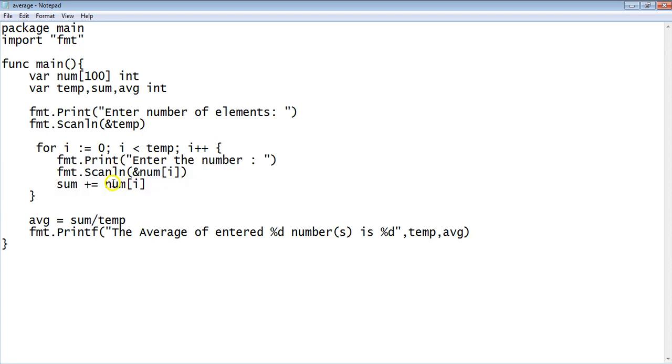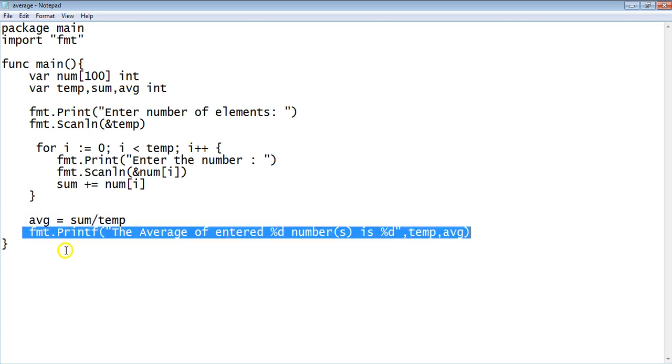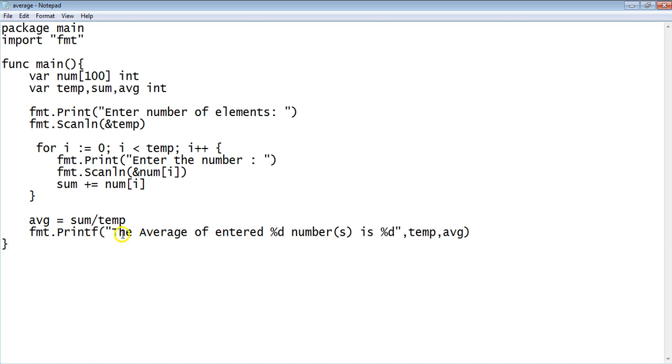Once the for loop is over, the sum has been computed. Once the sum is computed, you go through the average, the basic thing: average equals sum divided by 10. So it's going to give you the average of n numbers. So the average is counted, the sum is counted, and the number of elements you have. Okay, so once that is over, we need to output the average of n numbers to the user. To do that, you use fmt.Printf and you try to give the average of n numbers. Simple as that. Okay, there is something else which I want to tell you here.